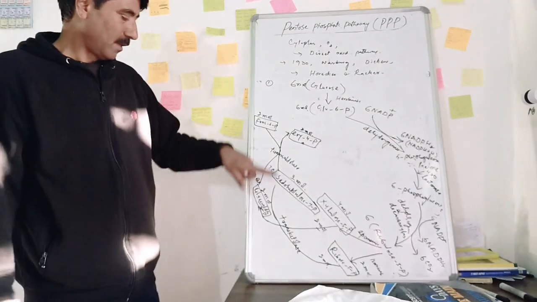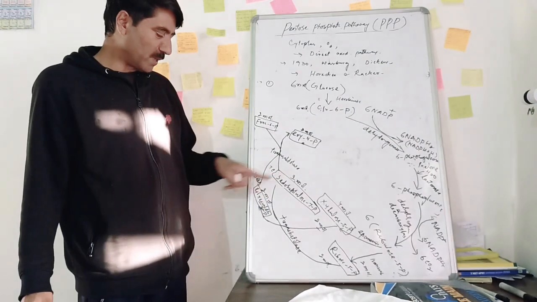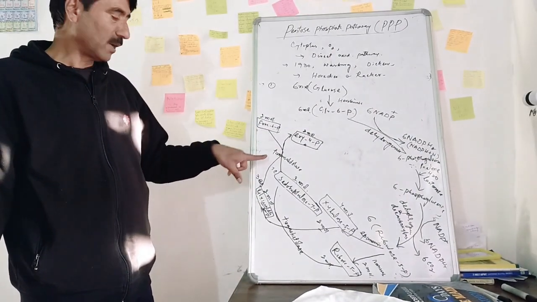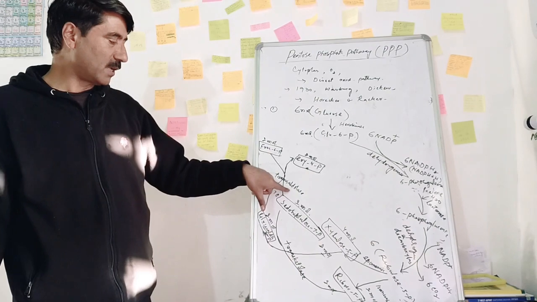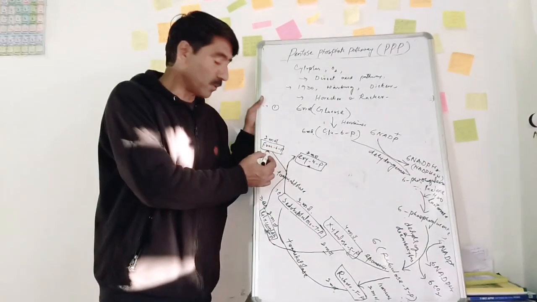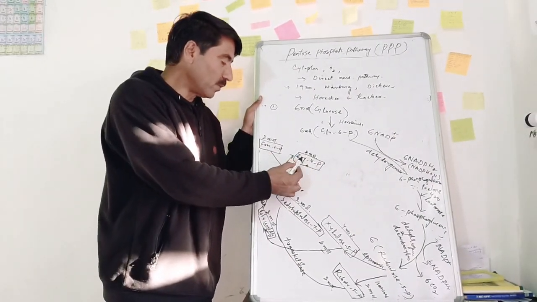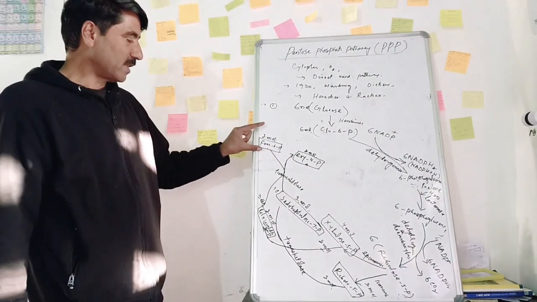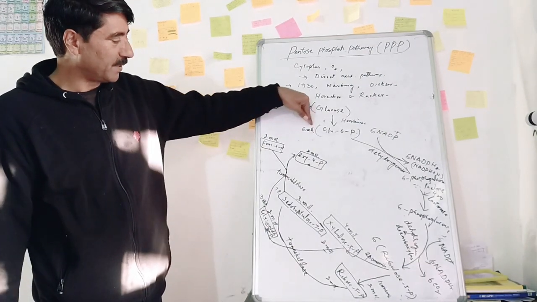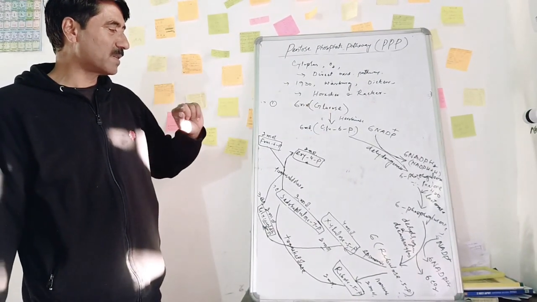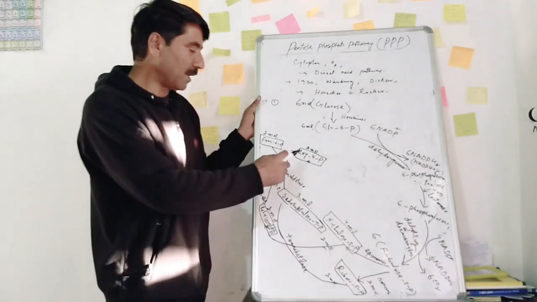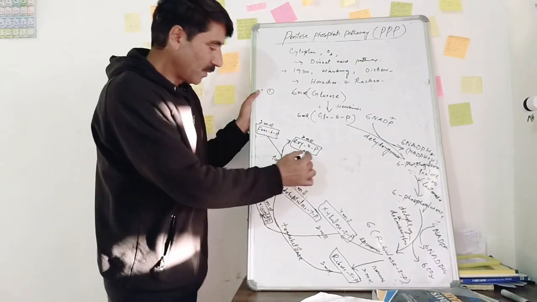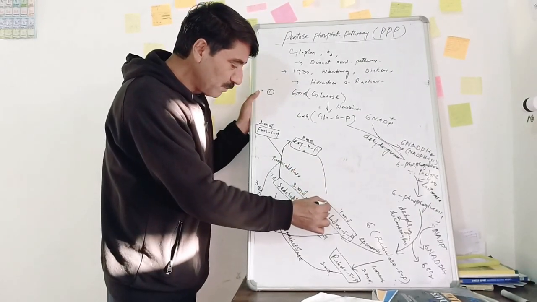So pseudoheptulose 7-phosphate के दो molecules और glyceraldehyde 3-phosphate के दो molecules, they are combined in presence of trans-aldolase to produce two molecules of fructose 6-phosphate and two molecules of erythrose 4-phosphate. Now these fructose 6-phosphate later will get converted into its isomer, that is glucose 6-phosphate, जिस पर हम लास्ट में आएंगे. लेकिन यहाँ पर हम देखेंगे there are two molecules of erythrose 4-phosphate combine with the another two molecules of